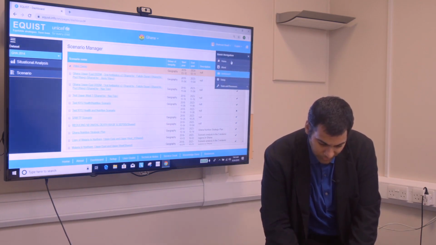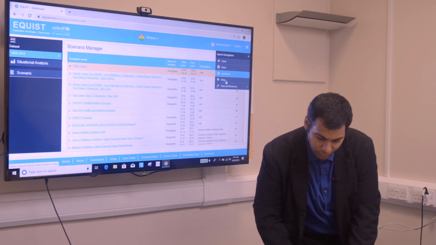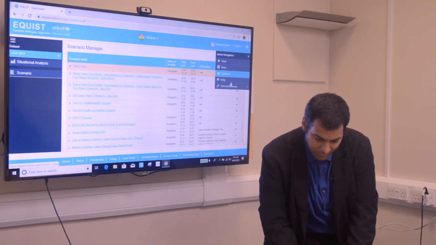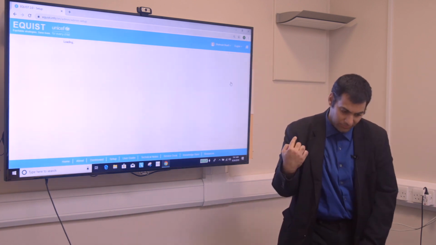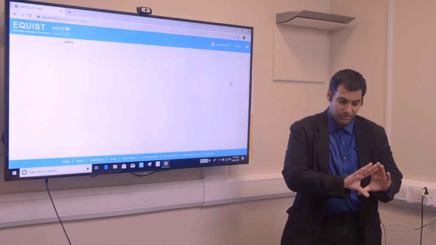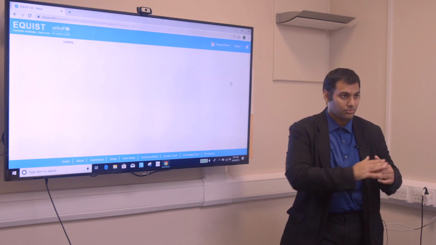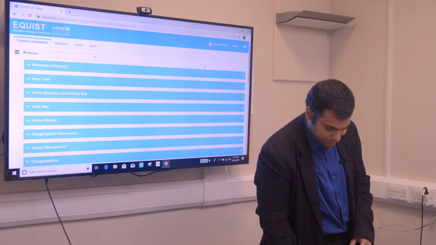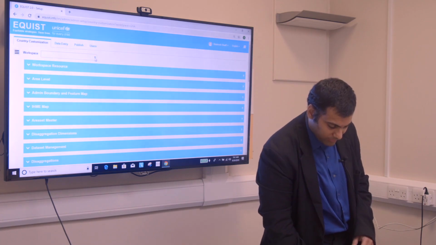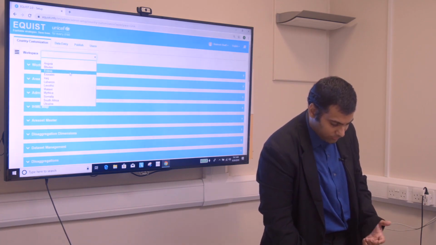It's a quick navigation menu. And if you have one of those roles, you'll see this setup tab. If you click that, you'll be taken to the back end of EQUIST. So everything I've shown you so far has been the front end, which all users have access to. But at the back end, if you're a workspace administrator for a certain country, so if I've been assigned